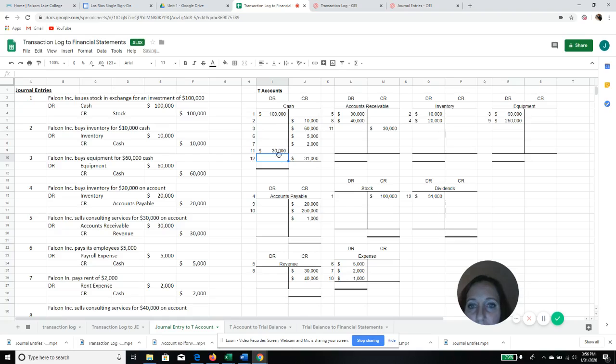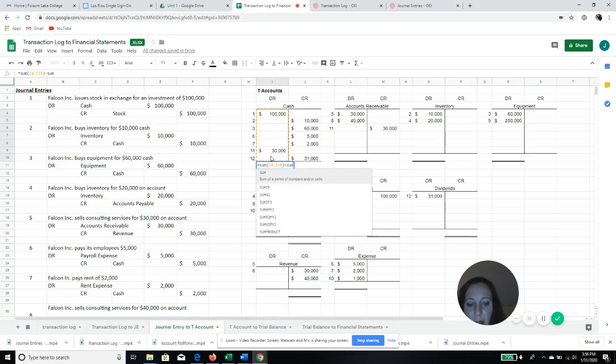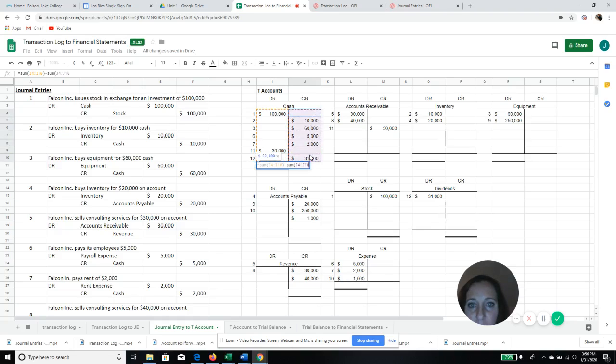We've got 130,000 on the right, and I'm just going to do a formula to add up everything on the left and subtract everything on the right. And we end up with a debit balance in cash of 22,000. Okay, I'm going to go over to accounts receivable. 70,000 minus 30,000 gives us a $40,000 debit balance. Inventory, 10,000 plus 20,000 has a $30,000 debit balance. Equipment has a